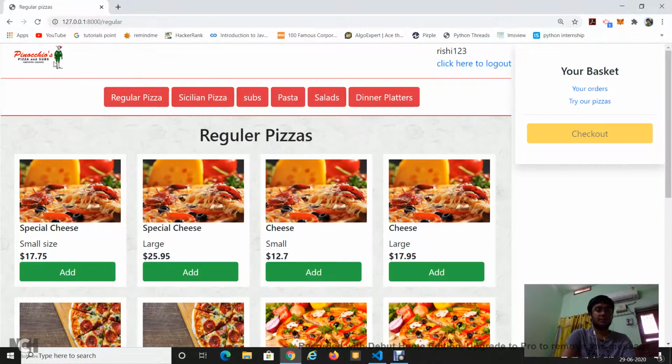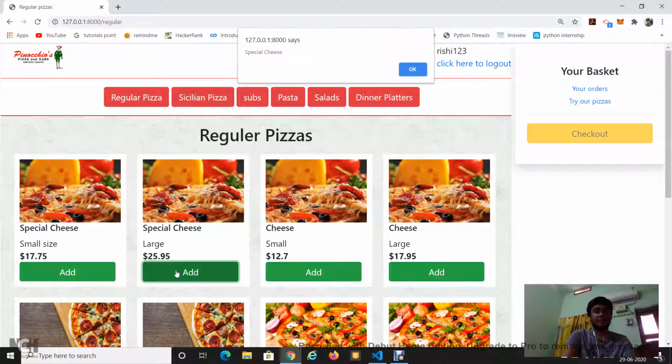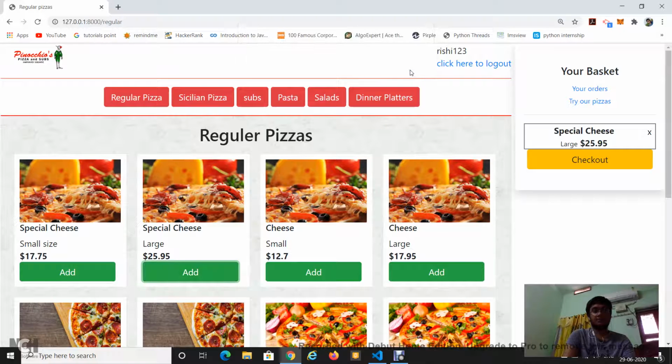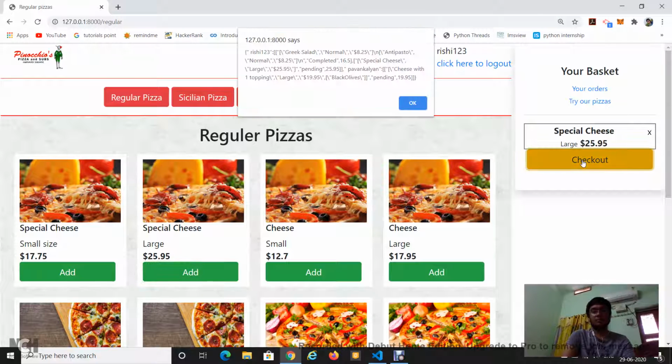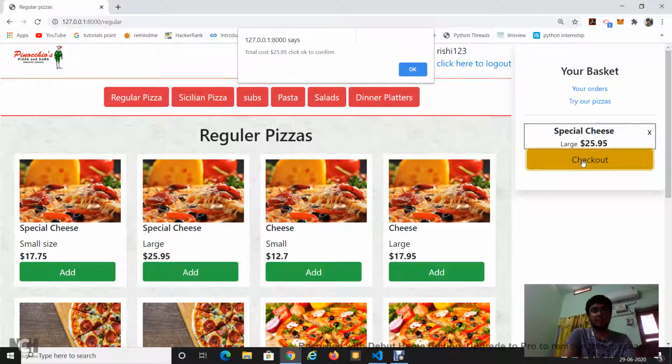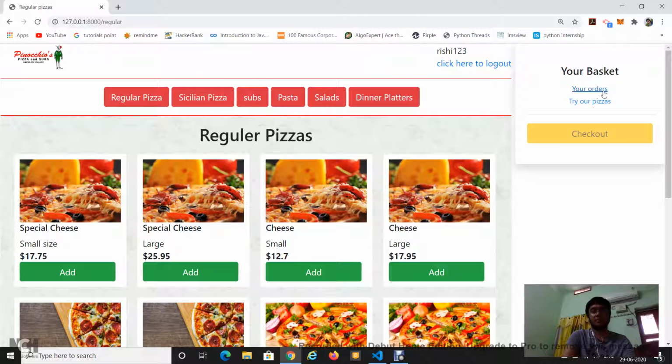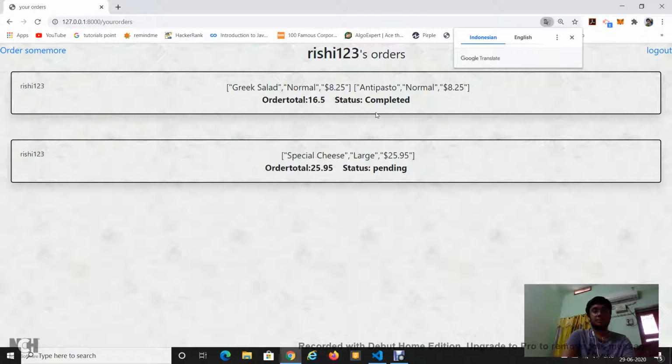And let's add some more. Let's add this special cheese for him. Check out, the total should be 25.95. We can see the total is 25.95. Let us confirm the order. We can see that this is the previous order completed, and this is